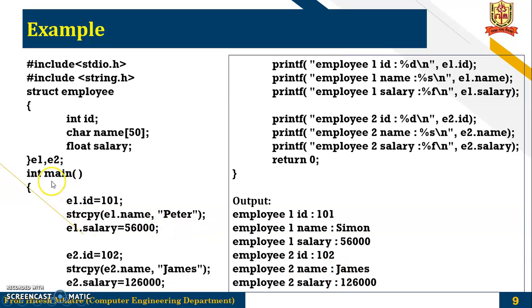Now if you have more values, then again we can make an array of this structure. So instead of writing say 10 elements, say E1, E2, E3 and so on, you can write directly E of 10, like we use in an array, so that is where we can use an array of structures.